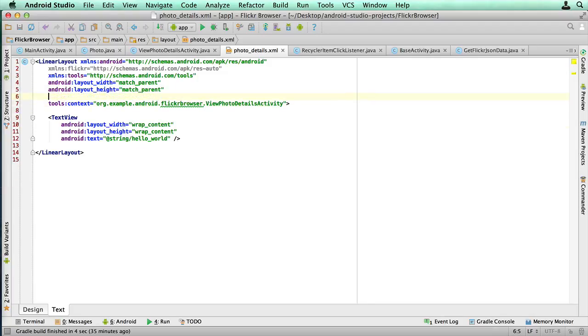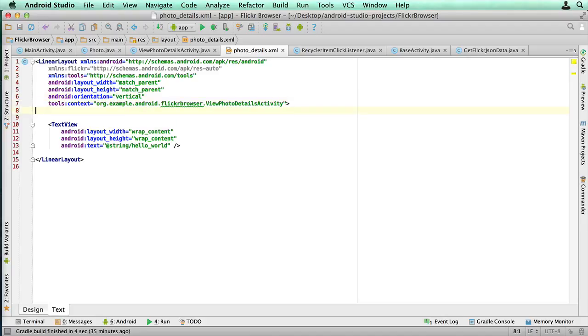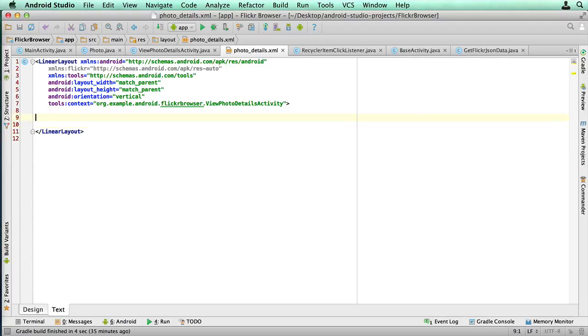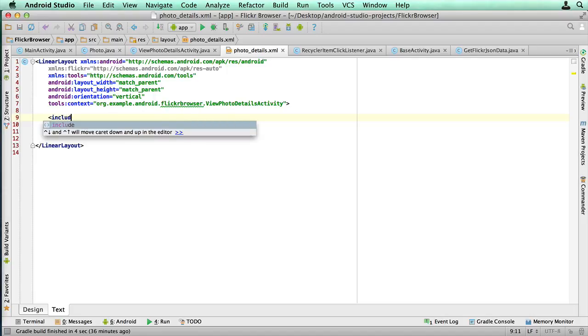Tools context is okay. We also want to set the orientation, because this is a linear layout. We're going to set the orientation to be vertical. Okay, so that's our basic level. We're going to get rid of this text view because that's not going to be used. And we're going to add our toolbar, include